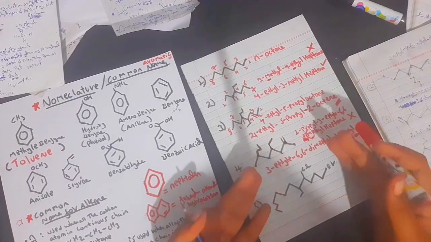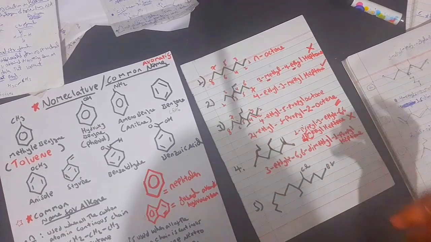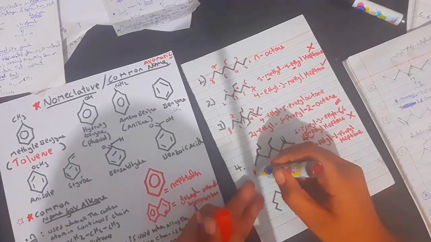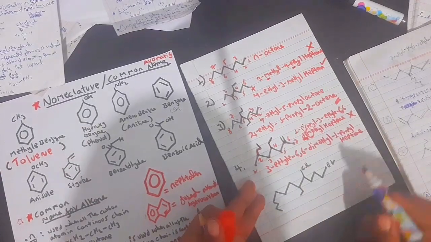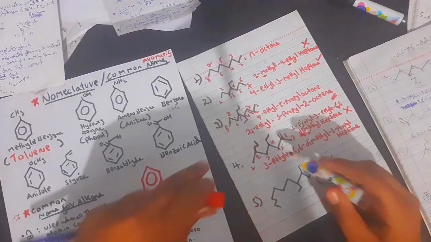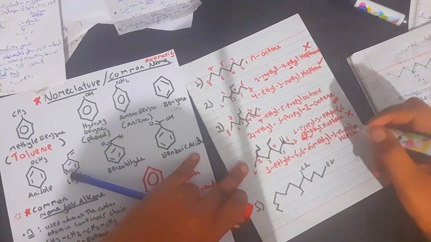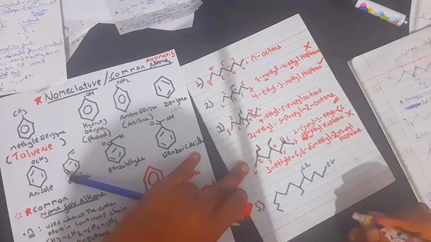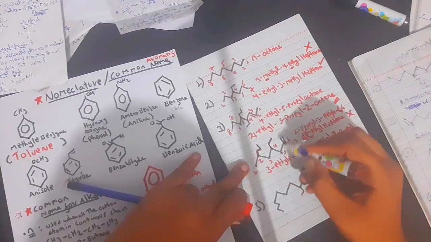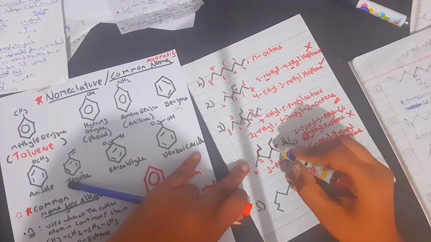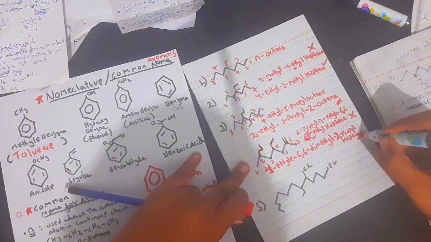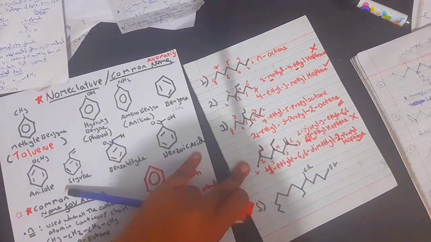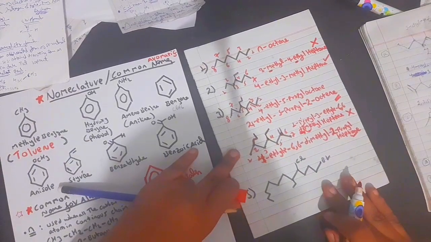But this is not correct, as you see. We made a mistake, which is 1, 2, 3, 4, 5, 6, 7. It's heptane, it's correct. But the propyl is at the 5th carbon, it's not 1. Another thing is that the ethyl is at the 4th carbon, which is going to be this one to be 4. Now we are correct. Another one is